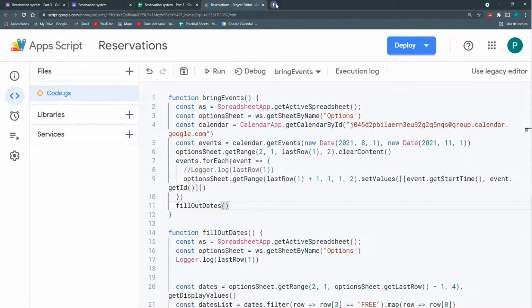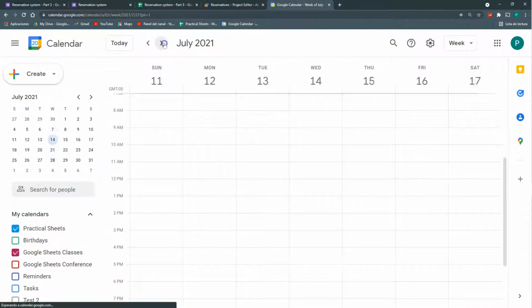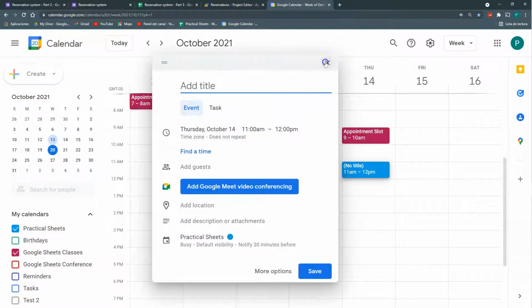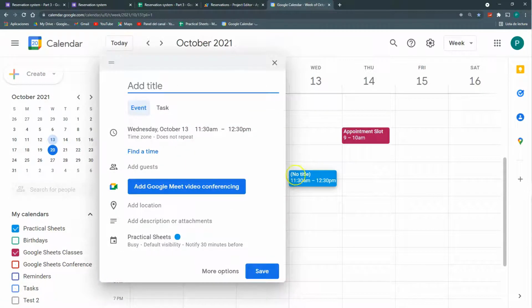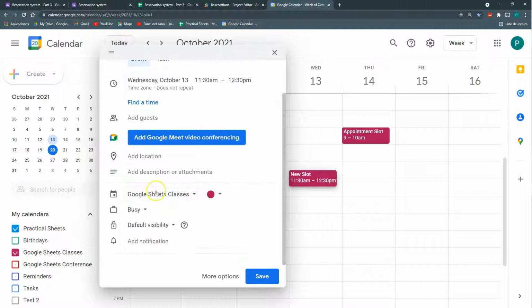So let's go to my calendar, to my Google Sheets classes calendar. Let's see where I have them, here in October, I think. Okay, perfect. So I'm going to add another slot here. And Thursday, that's one that we don't have, Wednesday. 11:30, new slot, and make sure that this is Google Sheet classes. I think you can change this in the configuration so that by default you can have the